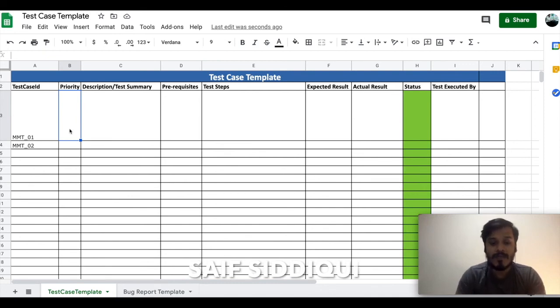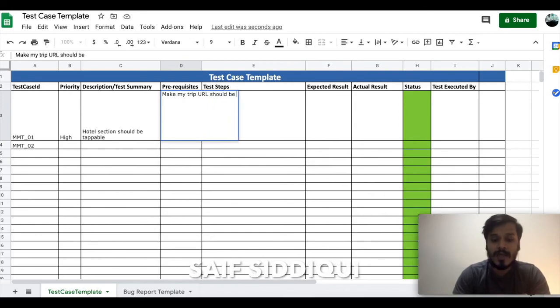So definitely the priority will be high, and for the test case description, the test summary, we are going to write that user should be able to tap on hotel, or if you want you can also write something like this: hotel section should be capable.